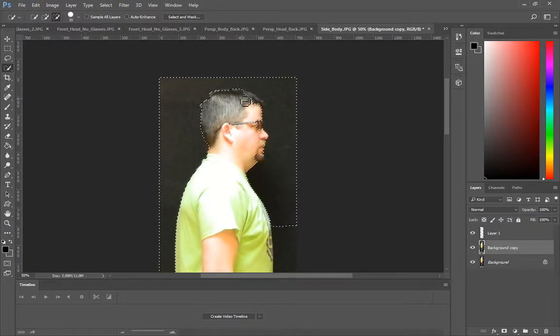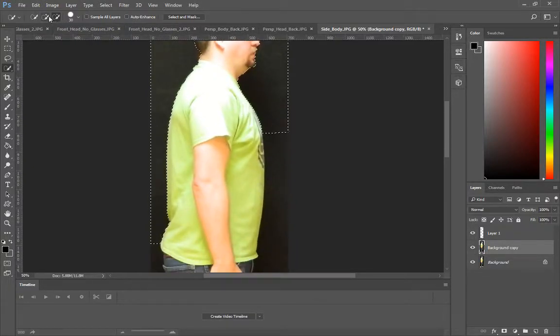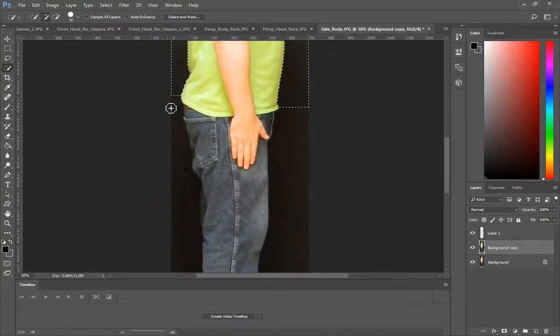You'll see as I got into my hair region, it kind of started to select some of the head and my goatee here. I'll go back to my plus, select, run a minus,